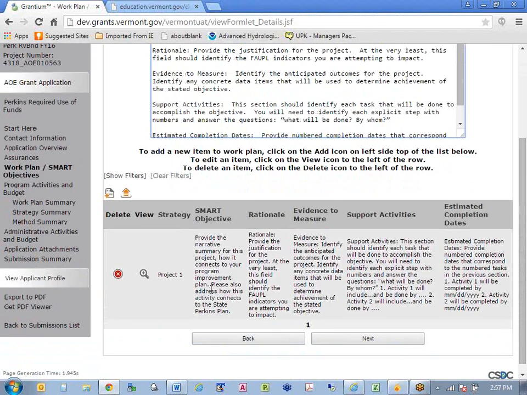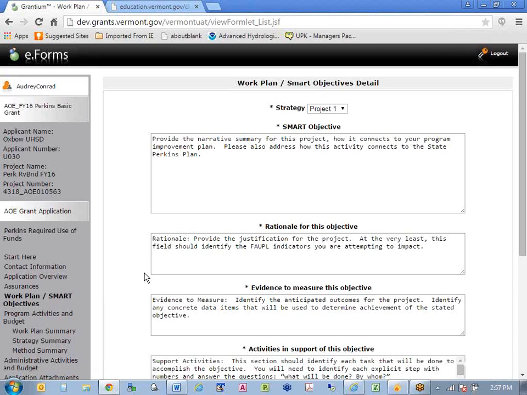There is already one item that's been entered in this work plan, and let me just show that for you by clicking on this view icon, and this will allow you to edit this item. And basically all I did for this item for testing purposes is I selected project 1. You're allowed to do up to 5 projects, and I copied and pasted the instructions into each section as to